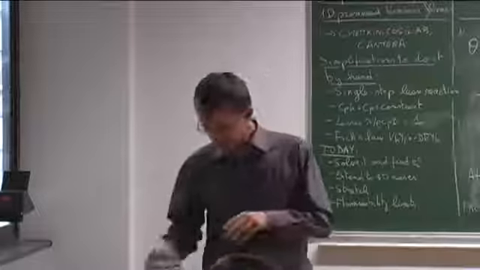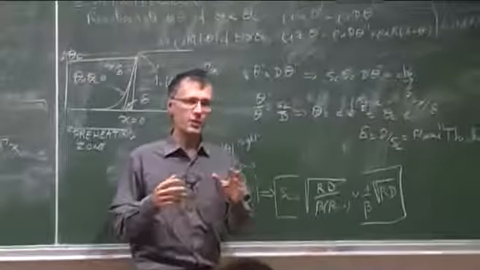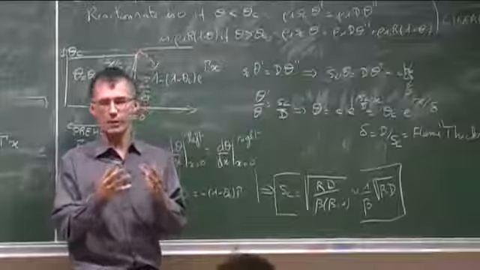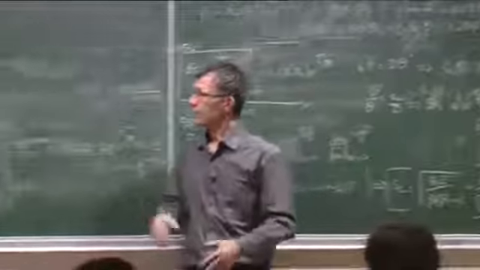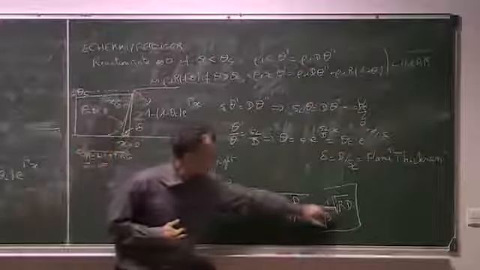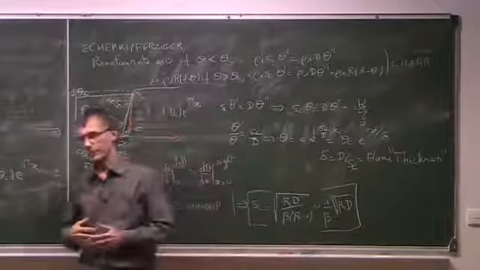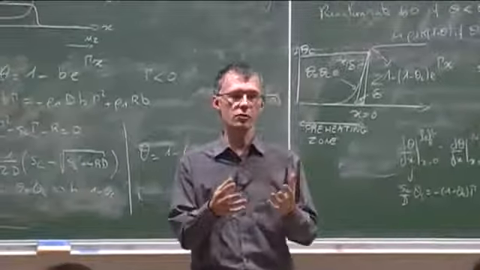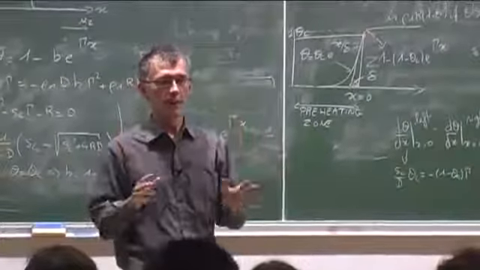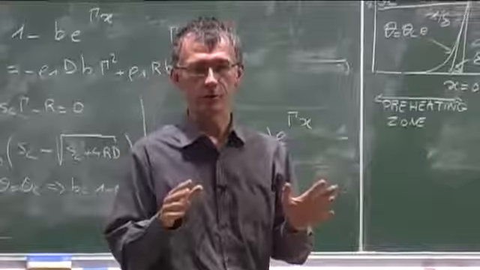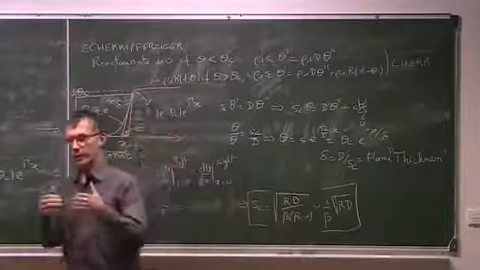Look at this formula. It tells you what makes the flame speed. You could think that to have a fast flame, it's important to have a high reaction rate. The reaction rate here is R, the constant which is here. When it's higher, it means you have more combustion. But you see that when you increase the reaction rate, it's not sufficient. What's controlling also the flame speed is the diffusion. The diffusion of the species, the diffusion of the heat. If you have zero diffusion, you don't have a flame speed. So diffusion there is essential. No diffusion, no propagation. And diffusion and reaction, they work together to make the flame move.